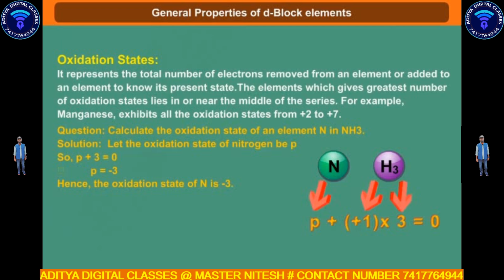Question. Calculate the oxidation state of an element N in NH3. Solution. Let the oxidation state of nitrogen be P. So, P plus 3 equals 0. This implies P equals -3. Hence, the oxidation state of N is -3. Note. The variability of oxidation states in transition elements arises out of